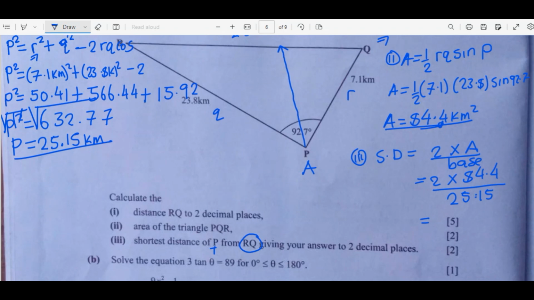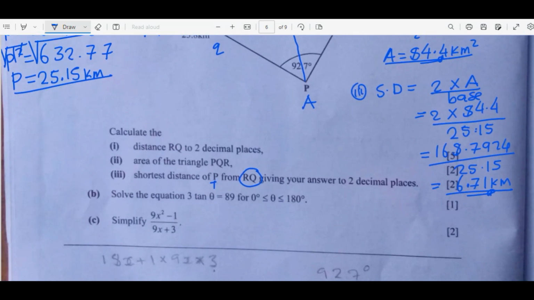So let's do 8.4 times 2. I'm getting 168.9724 over 25.15. So divided by 25.15, I'm getting 6.71 kilometers, since we are told two decimal places. So this is our final answer. We can now move on to